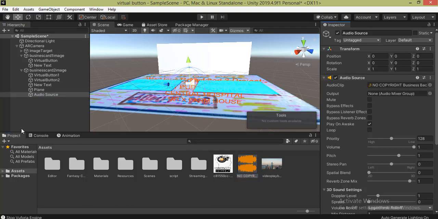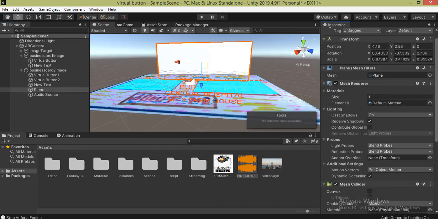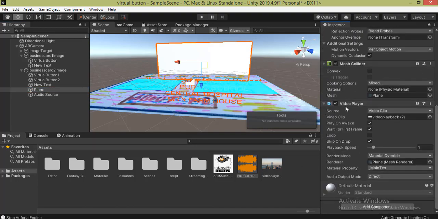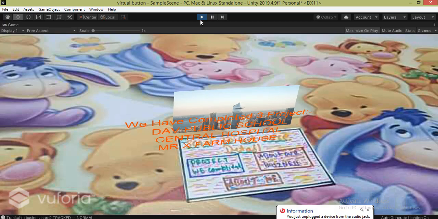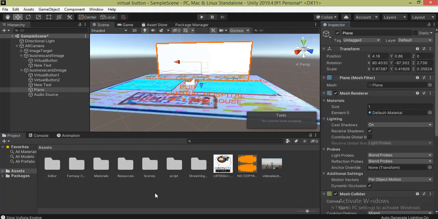And after that, again I just select the plane, go into the video player option, and here is the option of audio output mode. So I just change it from direct to audio source. Now again I enter into the play mode to check the output. And now I'm going to customize my